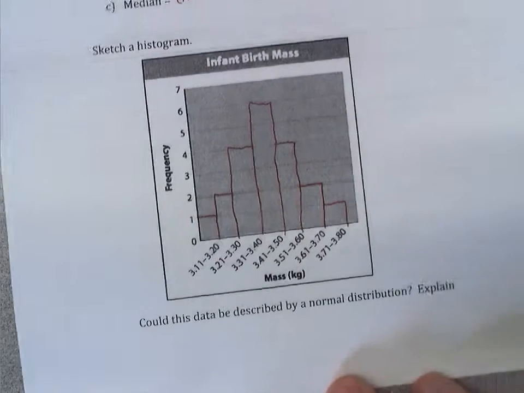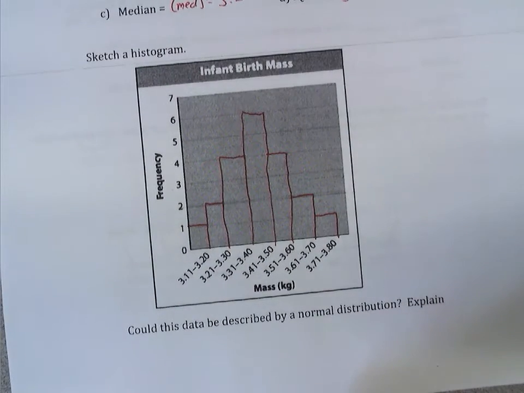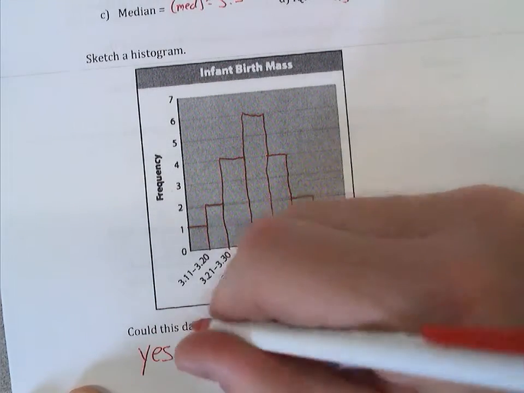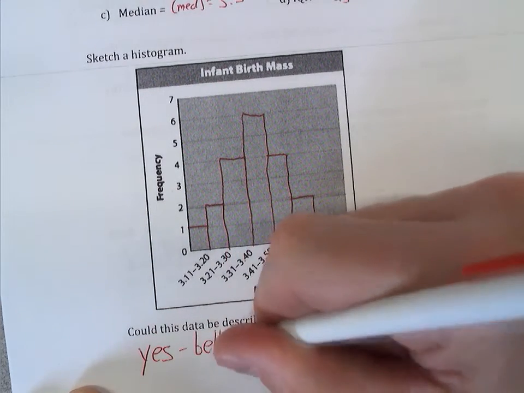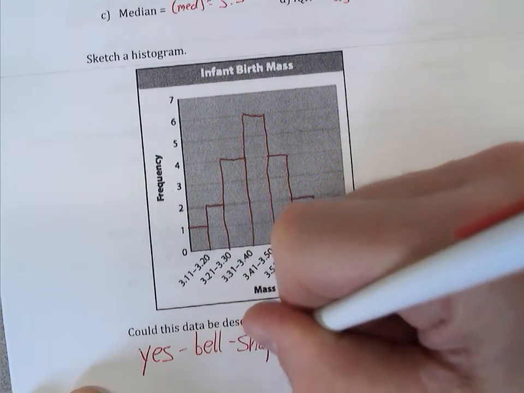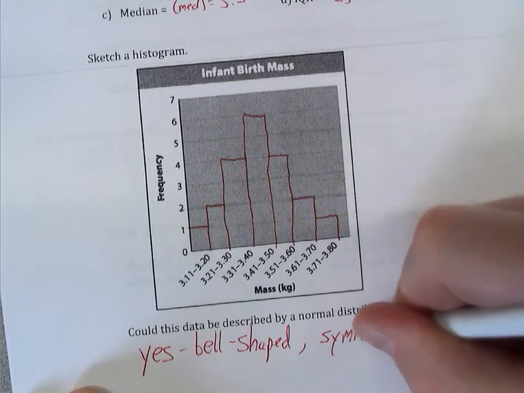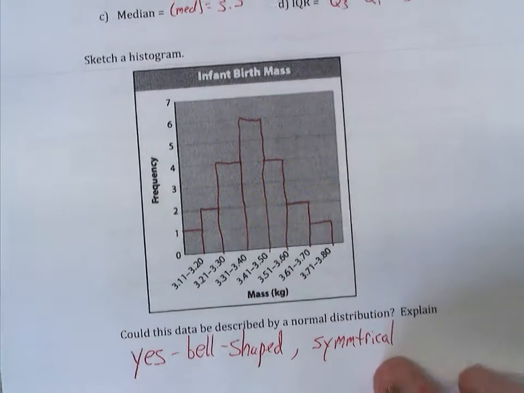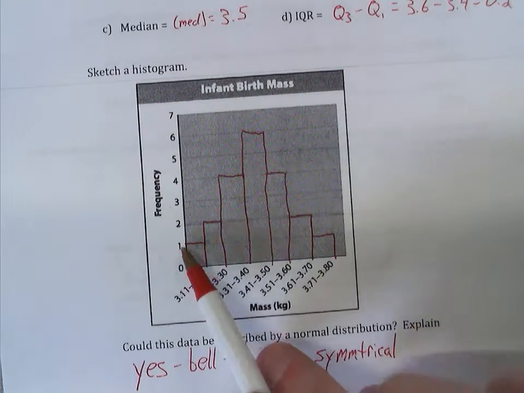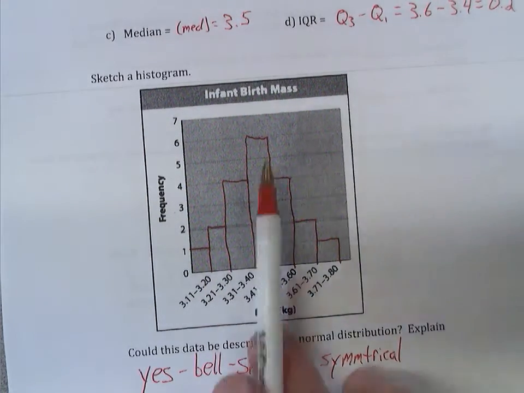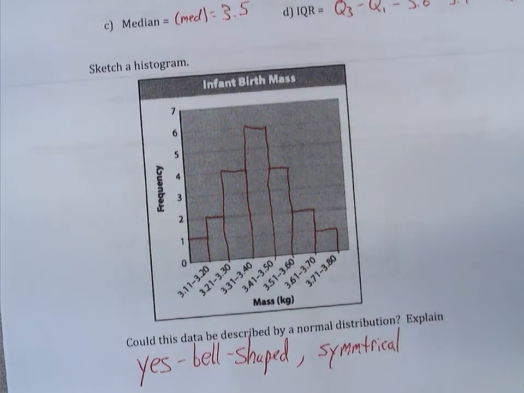So then the question is, could this data be described by a normal distribution? The answer is yes. Why yes? Because it's bell-shaped and it's symmetrical. Okay? Just because it's bell-shaped doesn't mean it's symmetrical. Bell-shaped is just that it has this shape, but that shape could be shifted one way or the other. Symmetrical is that it's pretty much down the middle of our distribution, so that makes it symmetrical. When we come back, we'll do video part